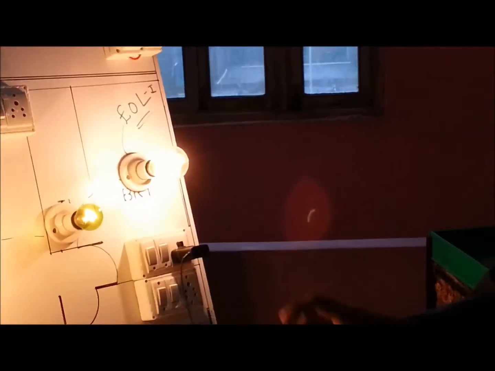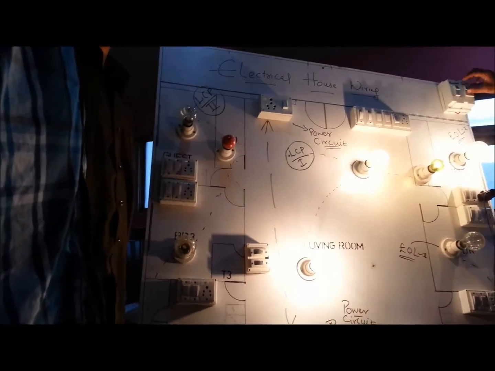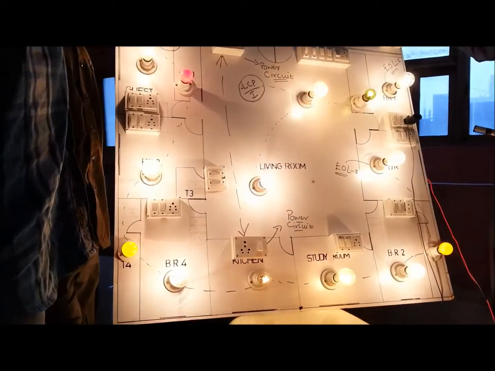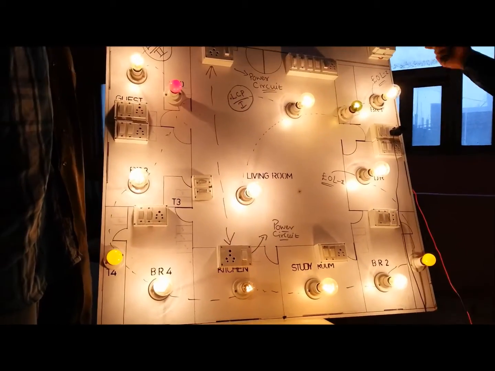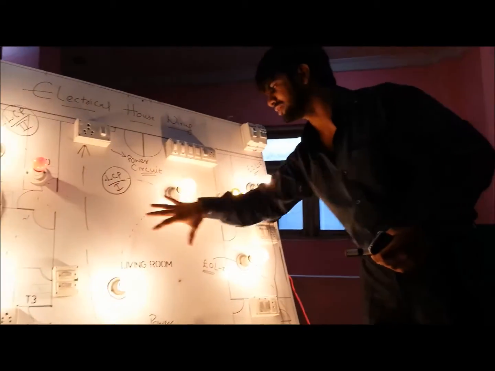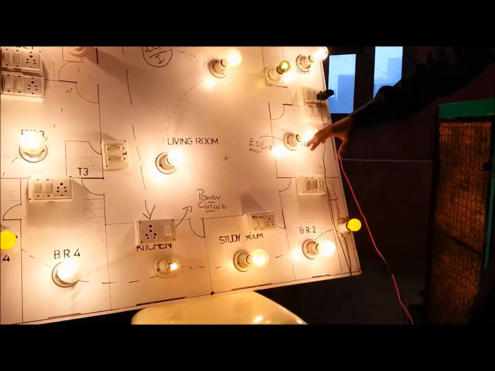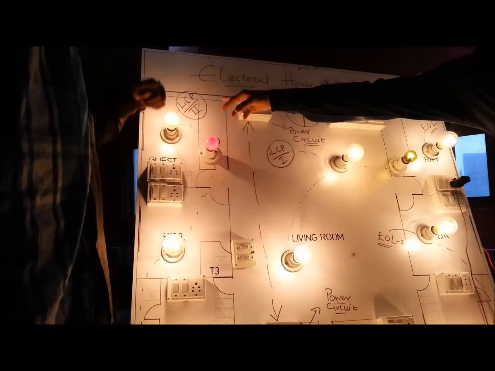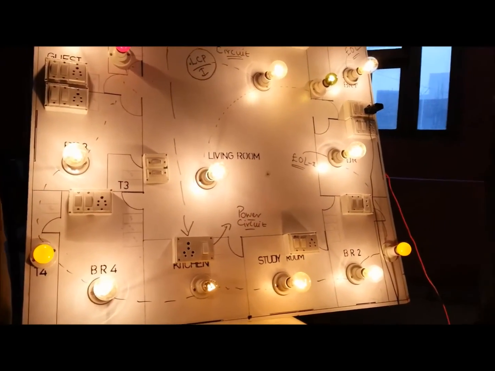Right now, these particular bulbs are not working because this is a different lighting circuit. Let's turn it on. Let's see if it is working or not. Both the circuits are working. Both the LCPs, LCP1 and LCP2, are working. I have indicated over here also LCP1. This is circuit 1 of lighting, right? Then LCP2 from there. You can see that particular thing, LCP2.